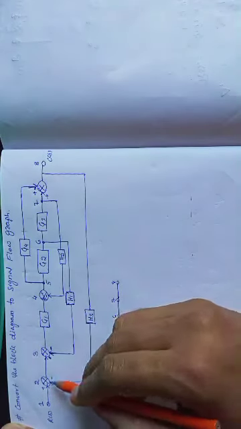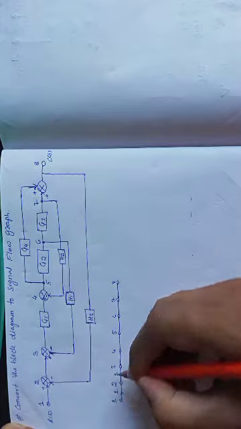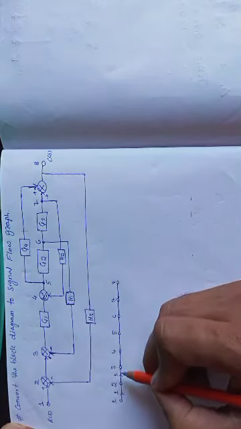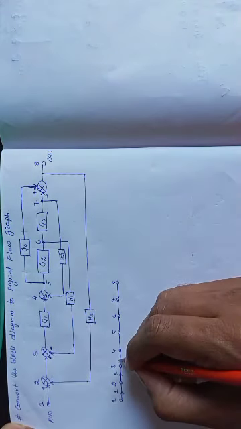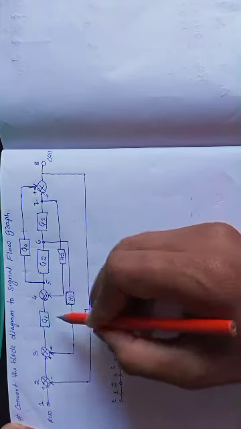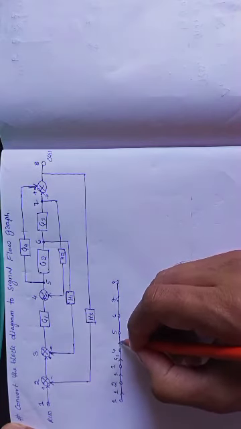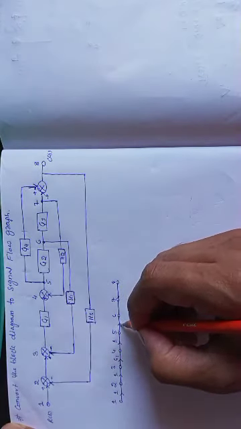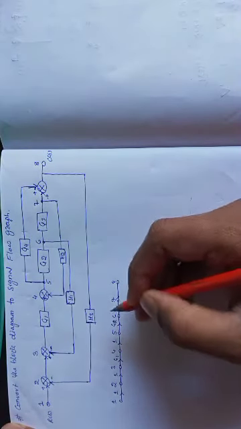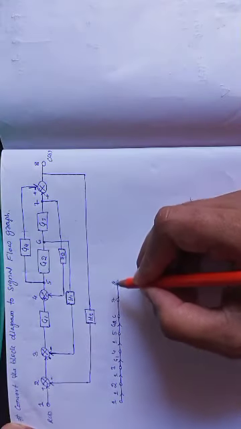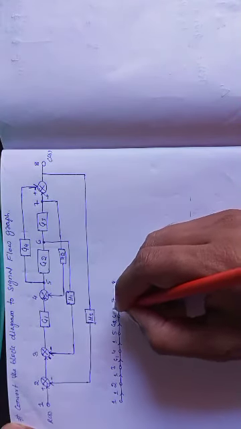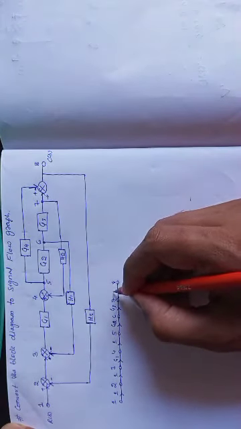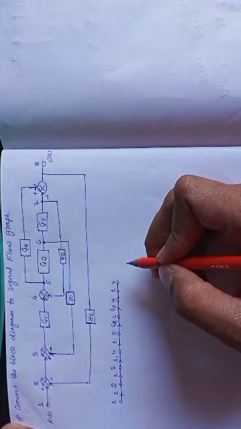And similarly from 2 to 3 the gain again is 1, and from 3 to 4 gain is G1, and from 4 to 5 the gain is 1, and from 5 to 6 the gain is G2, and from 6 to 7 gain is G3, and from 7 to 8 again gain is 1. Now